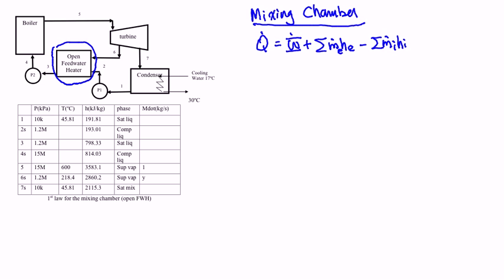Because an open feed water heater or a mixing chamber has the potential of multiple inputs and outputs. And I'm just going to add in the plus change of potential and kinetic energies. Again, we can assume those are equal to 0. For a mixing chamber, typically you don't see any paddle wheel, you don't see any electrical circuit in there. So there's no work done. We're going to assume that most of the mixing chambers are going to be well insulated or adiabatic. So the Q is going to be 0.